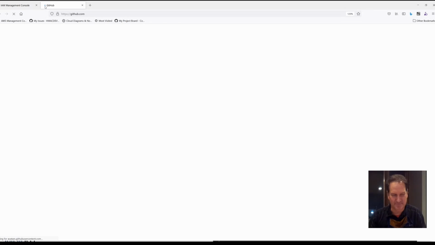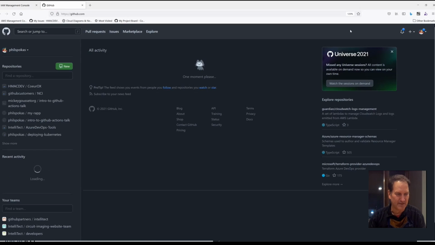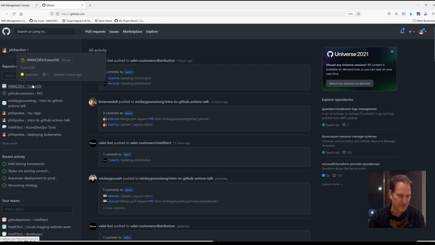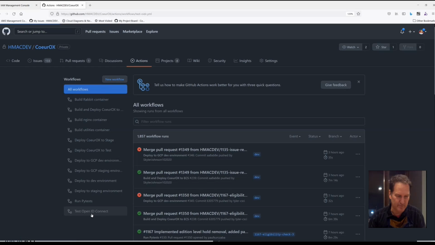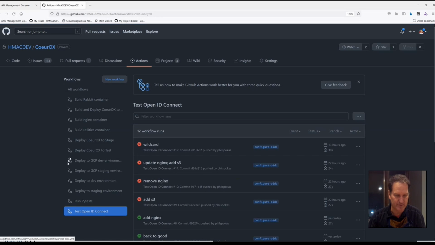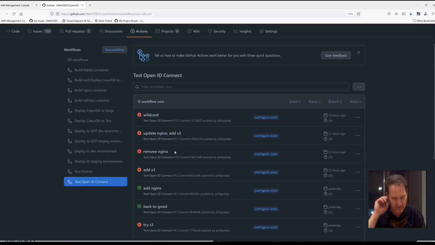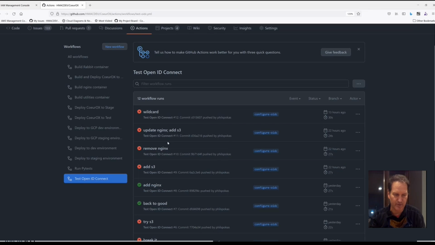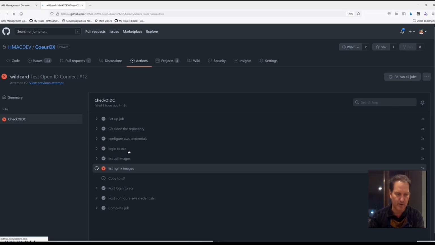GitHub. We'll go here, go to actions, go down to test OpenID request. So this is the actions running, and these are all the runs. You can see 12 workflow runs. Red is failed, green is good. So you see I had a couple in there. But let's see what's going on here. So if I drill into this and inspect the run,